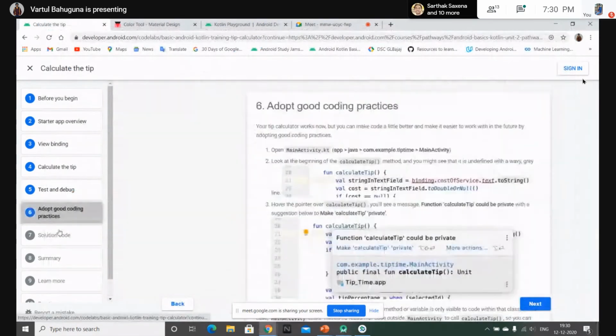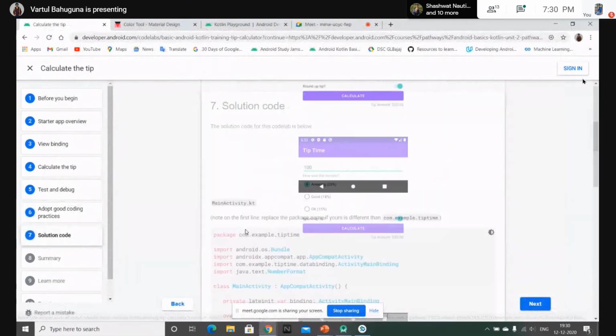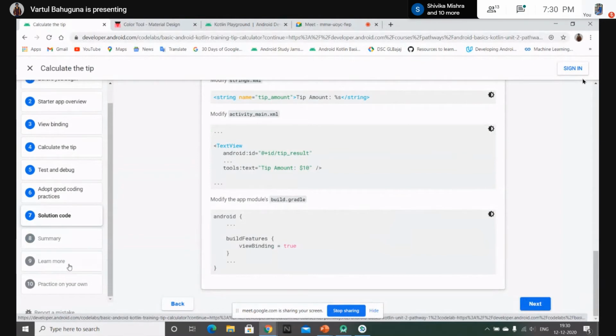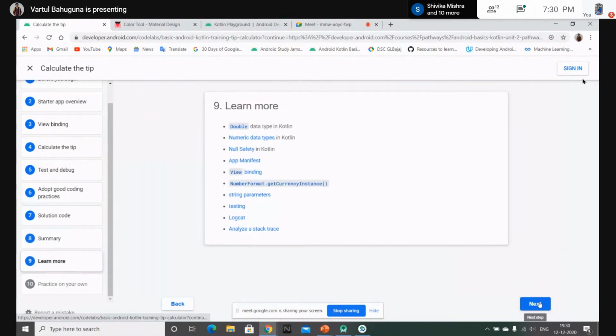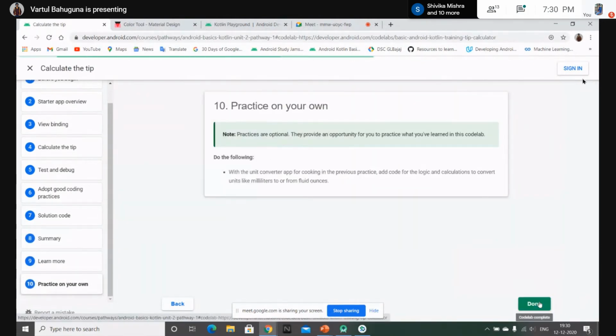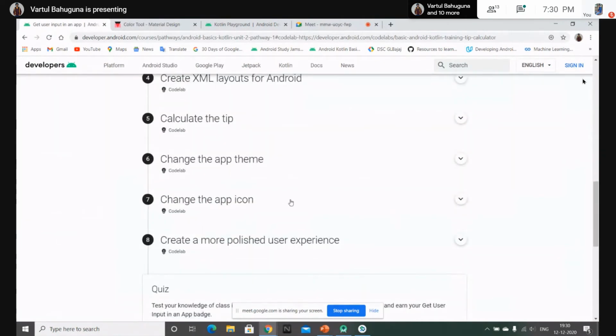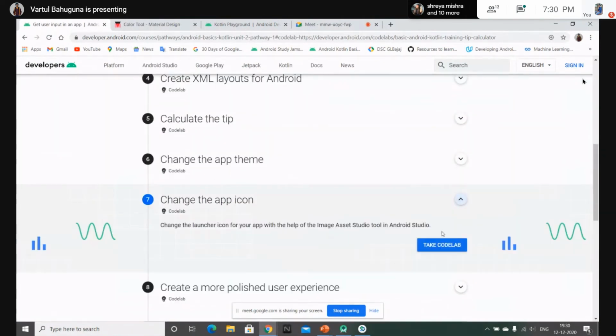Okay, that's all for this code lab. You can find the solution code over here, and some learning resources. And this code lab tells about adding an icon to our app.